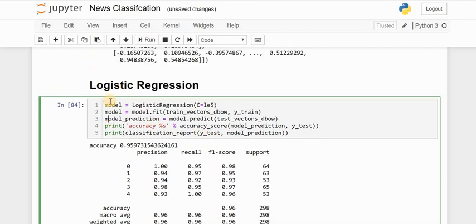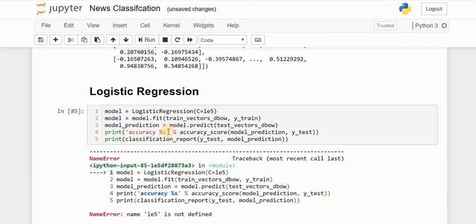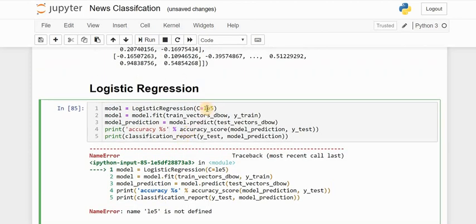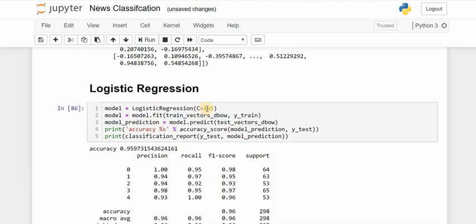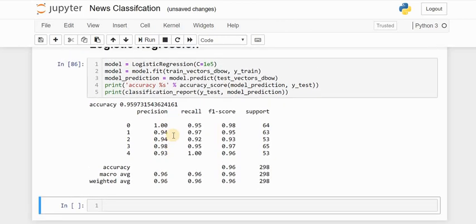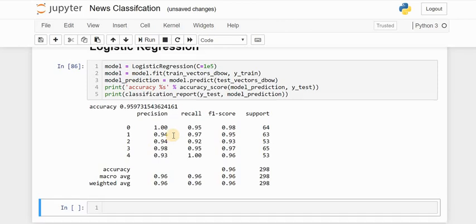Now we are getting an error. Okay, a silly mistake. It should be 1E5. Okay, now we are getting about 95.9%. That is about 96% accuracy. So there is a bump from 94 to 96, a 2% increase in accuracy. So it's okay. We are getting greater than 95%, which is a good thing. But this can also be further improved by using LSTM and RNN.